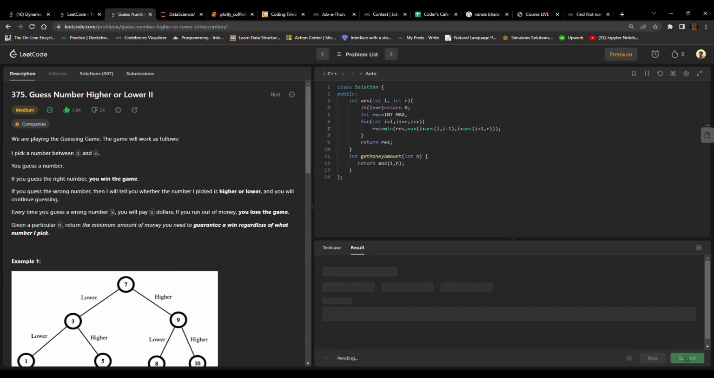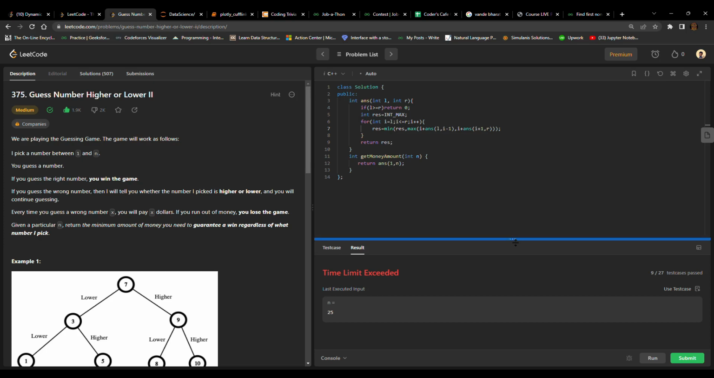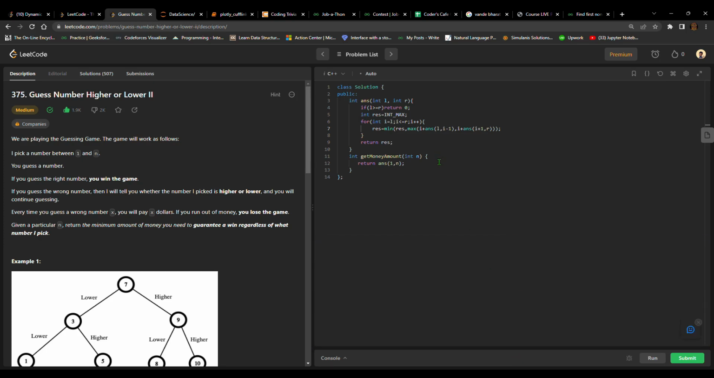We go on now for submitting, and I hope that this would lead us to a time limit exceeded error. Yeah, that is it. So now resolving that one would be going out for memoization. So we would be declaring a vector of vector int DP, vector int